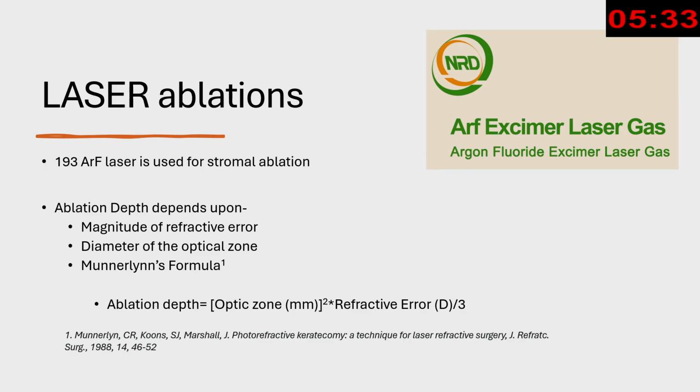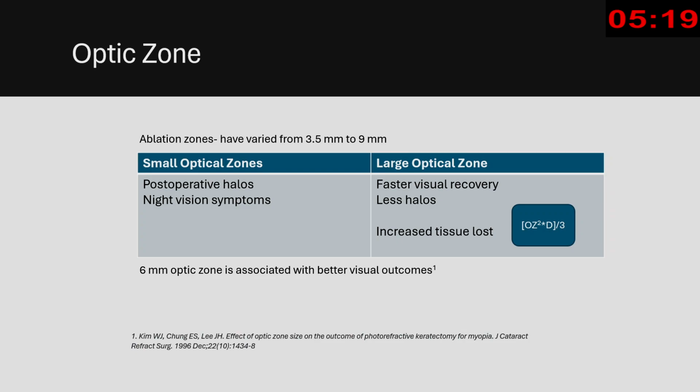So a brief introduction to the lasers used for stromal ablation: 193 nanometer argon fluoride is the laser used, and the ablation depth depends upon the magnitude of refractive error and diameter of optical zone, and it is calculated using the Munnerlyn formula. The size of ablation zone has varied from 3.5 millimeters to 9 millimeters. Initially, small optical zones were associated with postoperative halos and night vision symptoms, whereas the current larger optical zones are associated with faster visual recovery, fewer visual halos and night vision disturbances, but are associated with